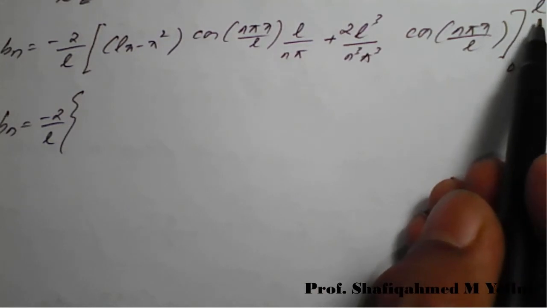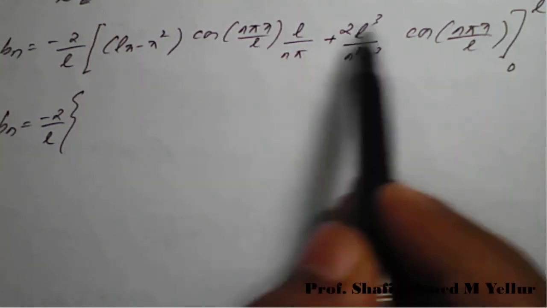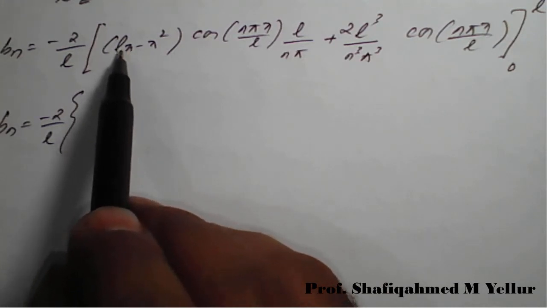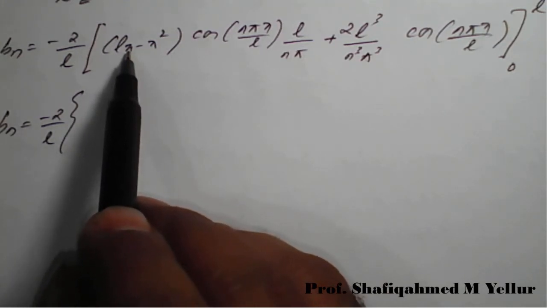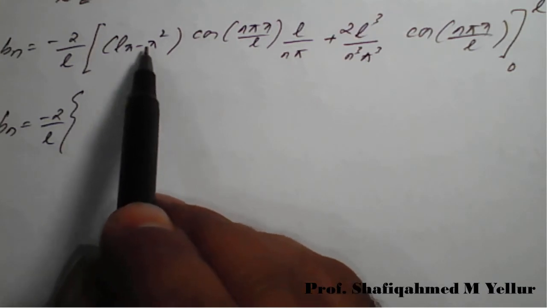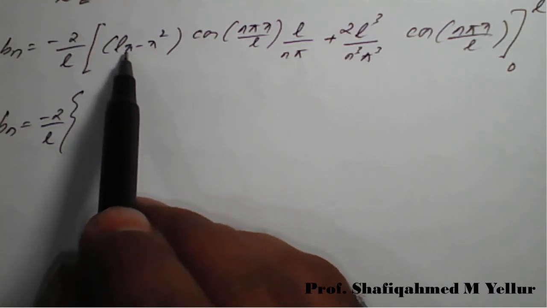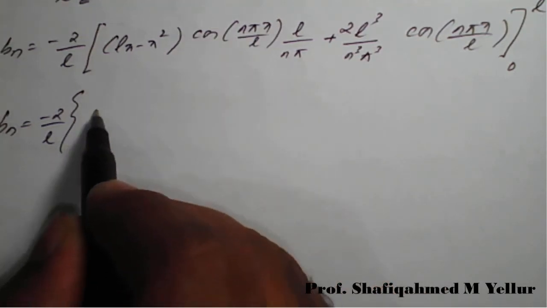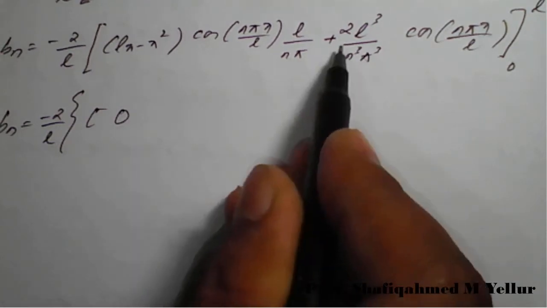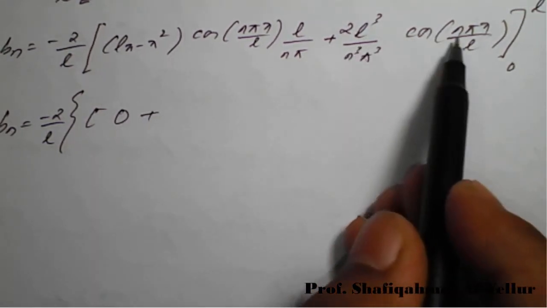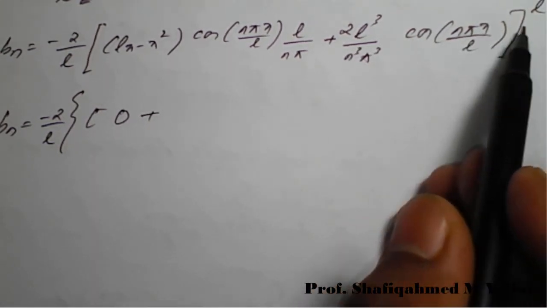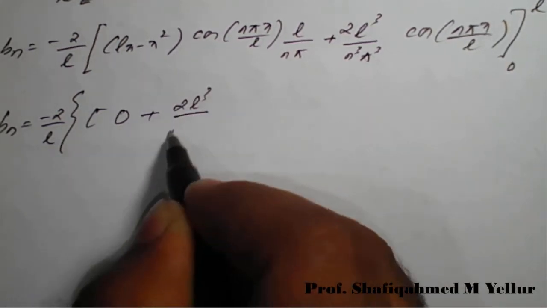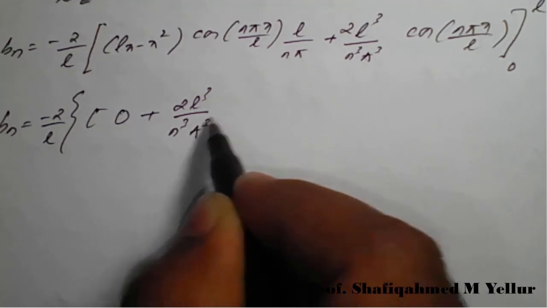So if you apply upper limit as L in the first term, that is if you apply x is equal to L, so L into x will become L, L into L is L square, and here we have x square, so L square minus L square is 0, 0 into this entire thing will be out here 0, so 0 plus the second term, if you replace x by L, it will become out here 2L cube divided by n cube pi cube